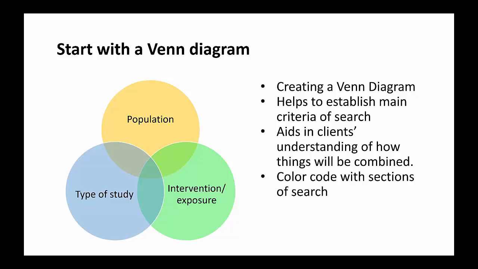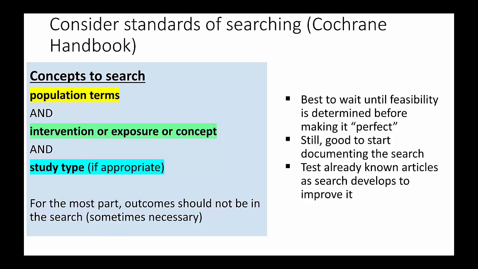And sometimes population has a term that needs to be added together. So if you have an age group, genders, some other concept, and you're ANDing that with the health issue, that might be a different kind of diagram here. So type of study is sometimes not included in the search. Sometimes I'll use color to help organize that when I show them the search. And so here is an example of how I could color coordinate that and start writing out and